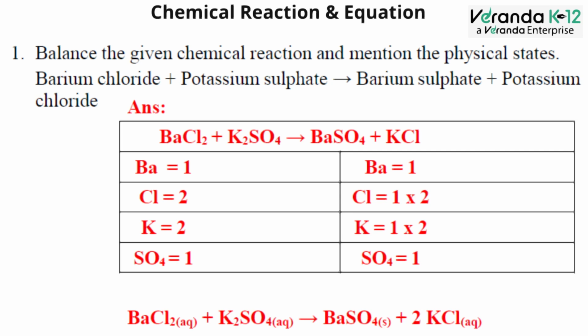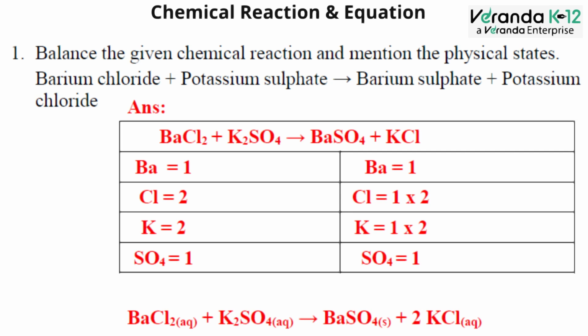List out the elements which are present in the LHS and RHS and mention their counts also. In RHS, Cl and K are not balanced. So we are multiplying it with 2 to make it balanced on both sides. Finally, we will get the proper balanced chemical equation as